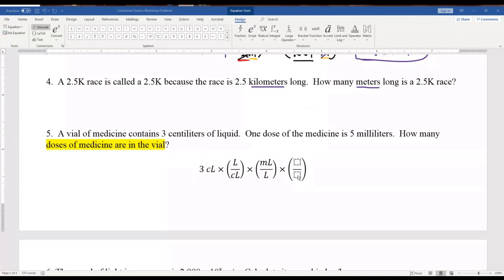Milliliters, that's right. And what unit's going to go on top? One dose. Very good. So notice the pattern here. Whatever was previously on top always comes on the bottom. It's the same pattern. You're always canceling out the previous unit until you get to the unit you're looking for,